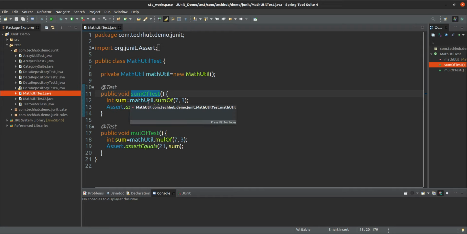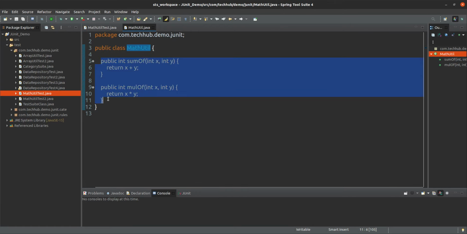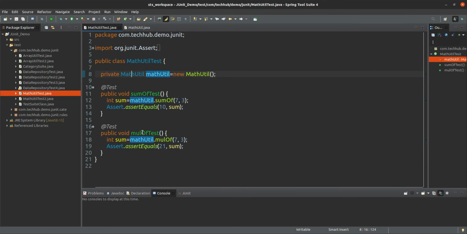In this MathUTL class we currently have these two methods, and we have to test them against different inputs. Currently in our test case we are testing these methods for only one input, 7 and 3, and for 7 and 3 the sum will be 10 and the multiplication will be 21. So we are testing only for this one value.